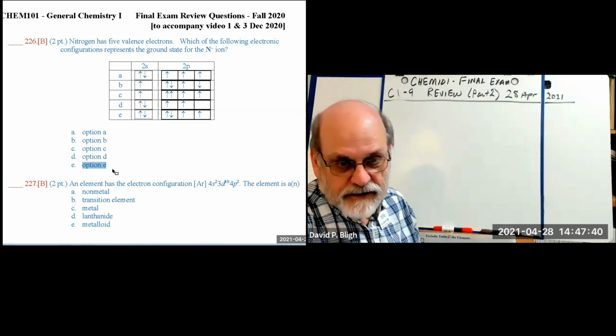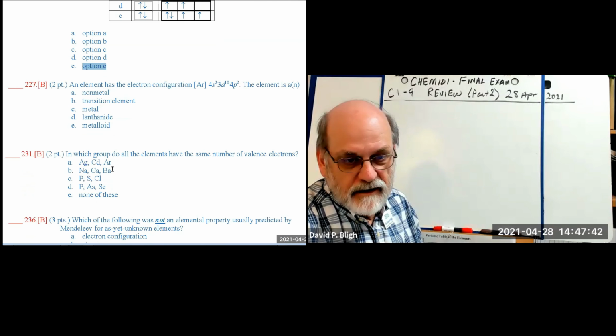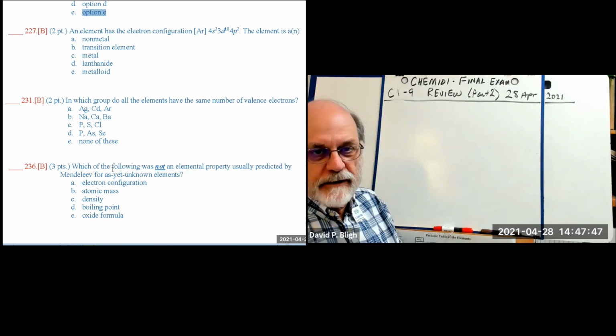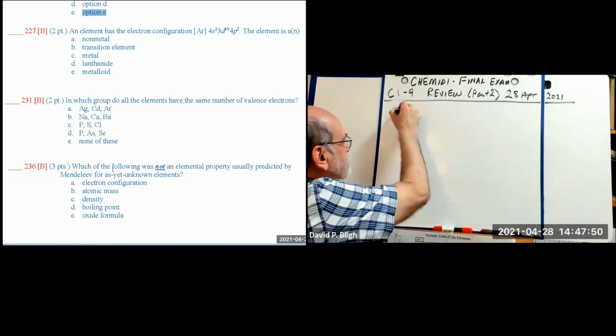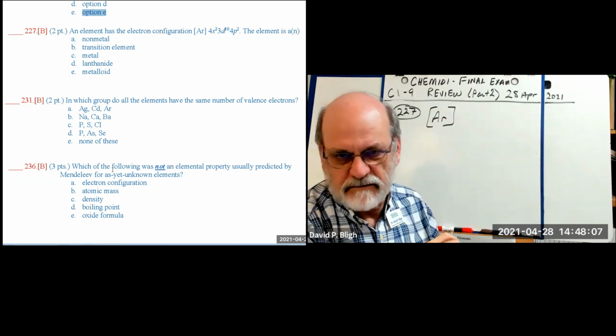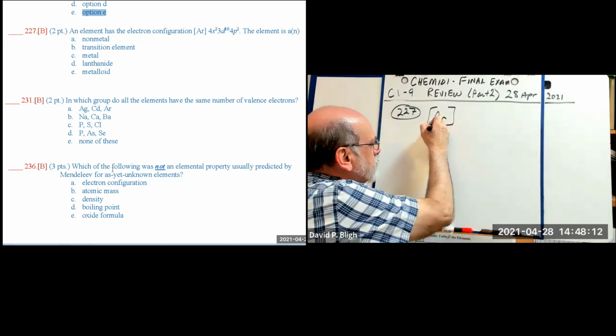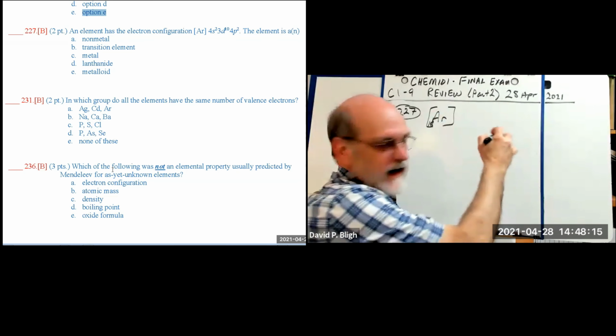Okay, let's scroll just a little bit, and we do all 3 of those without having to move the screen. 227. An element has the electronic configuration. It looks like this is the shorthand version, right? Because we've got argon, and you don't have to, but I'm going to put 18 here for argon. And then the rest of the